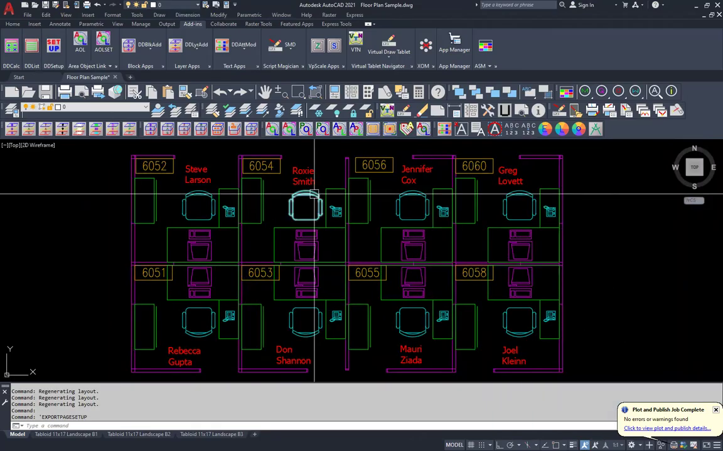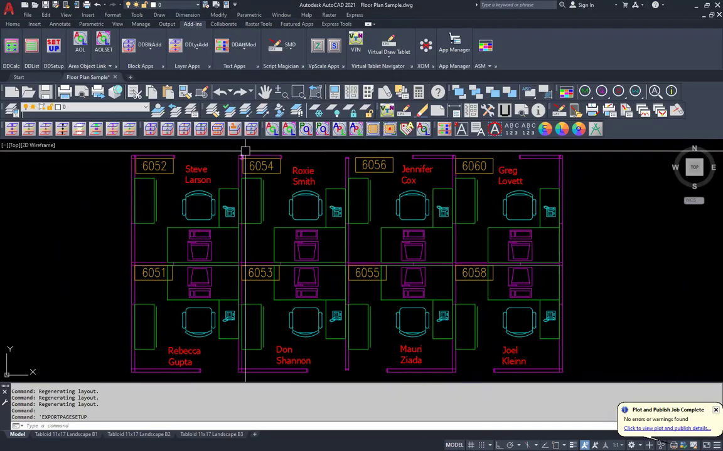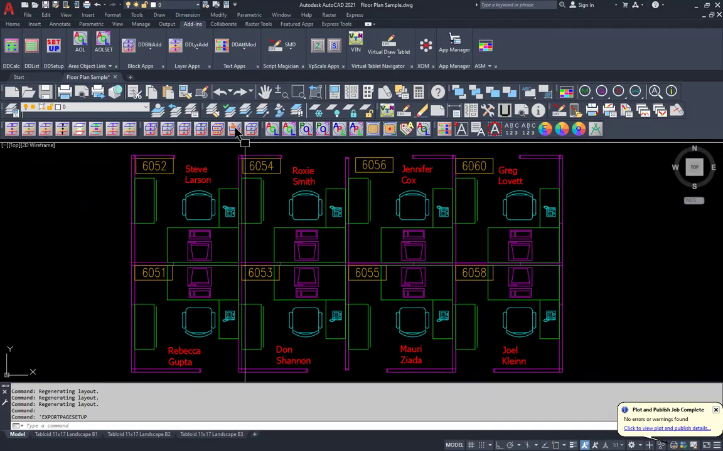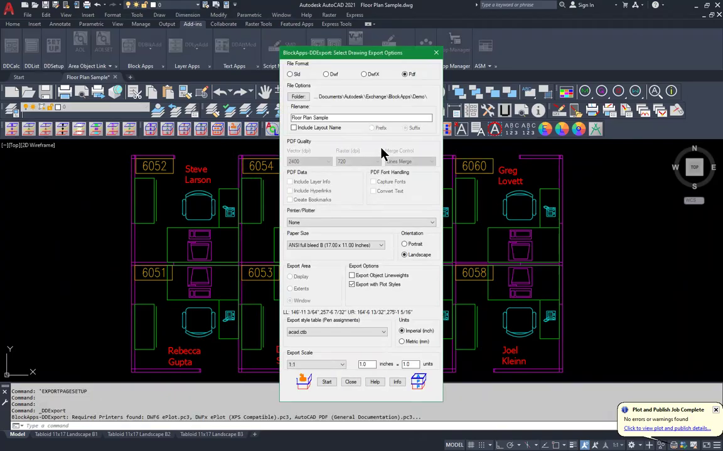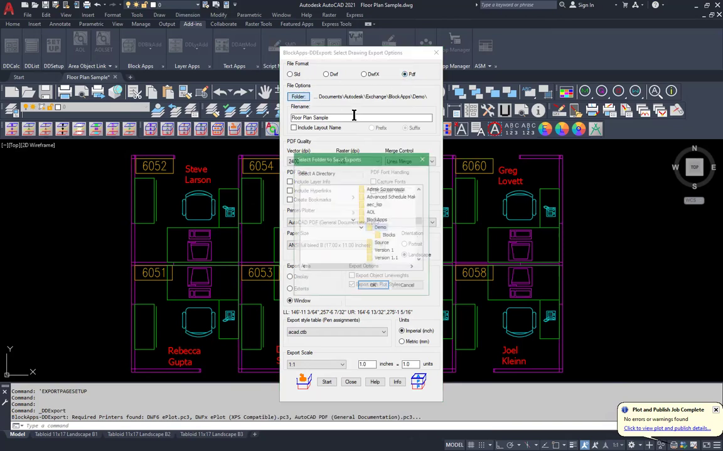I'm going to demonstrate the second command that's been added called DDExport. And DDExport basically is a byproduct of the DDBlkCat command because basically the interface is very similar. In this case, instead of exporting blocks in the current drawing, I'm going to export certain areas in the current drawing. So with the PDF option selected, I could now, and again, I'm going to select the location where I'm